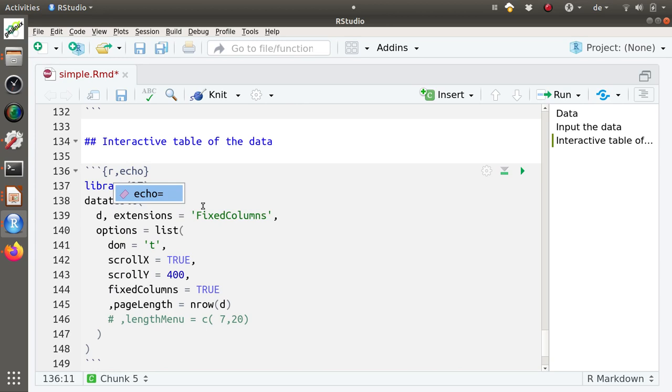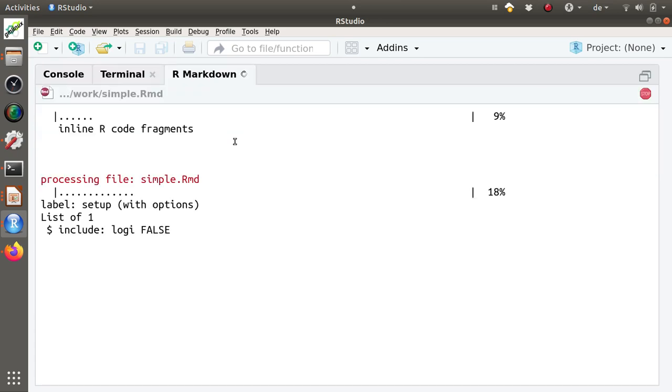And echo means if I would set echo to true, then the program is shown in the final document, but in this case I set echo to false, and then this code will be hidden and you get a nicely formatted final result. So I'm compiling the document again,